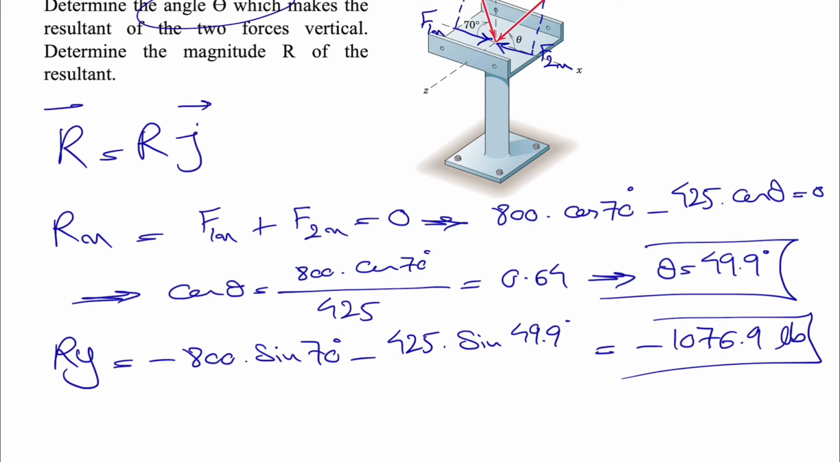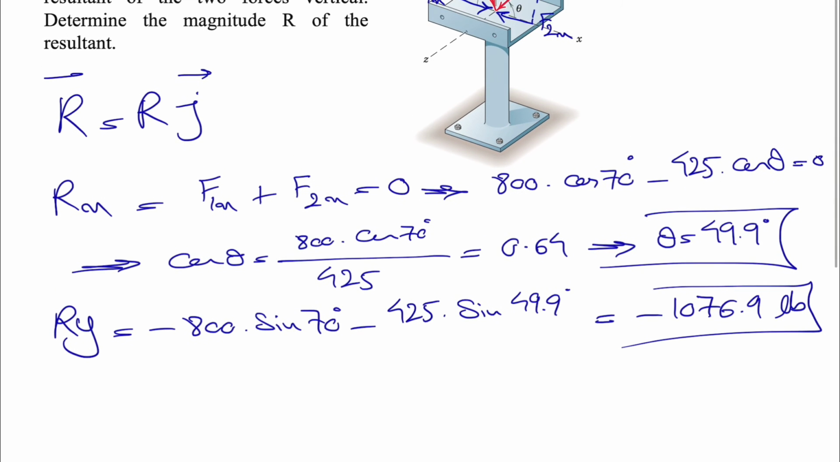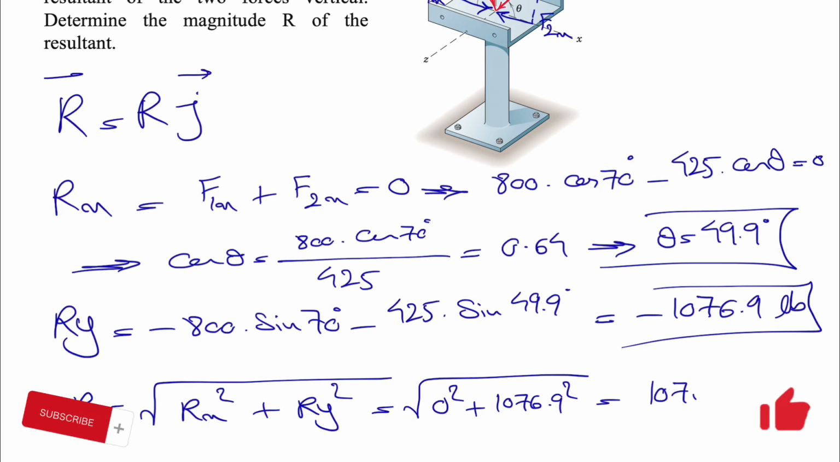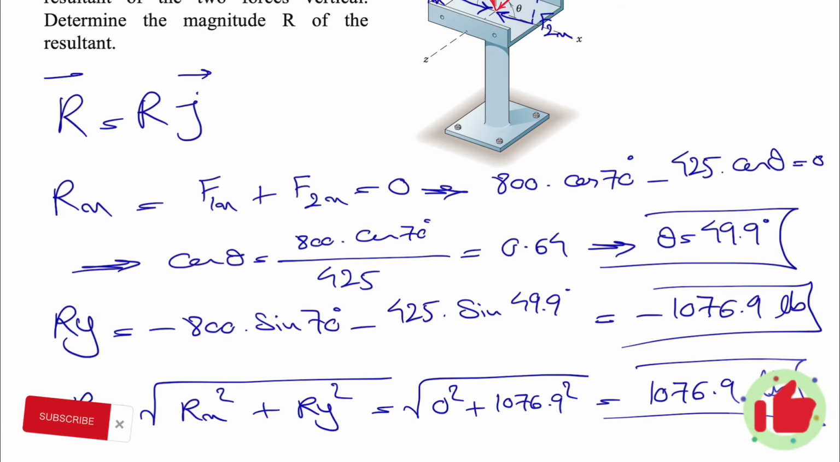And if we calculate this, we'll get minus 1076.9 pounds. And for finding the resultant, we simply have the square root of Rx squared plus Ry squared, which will be